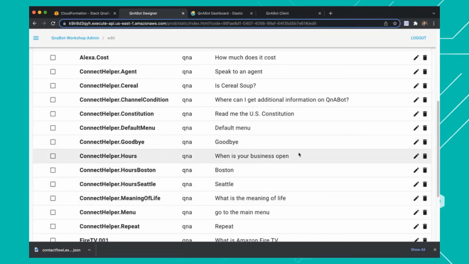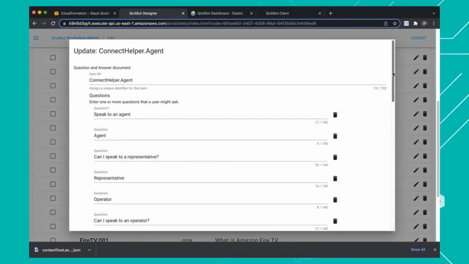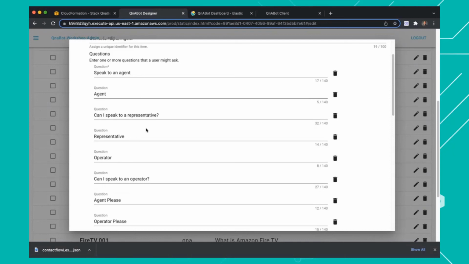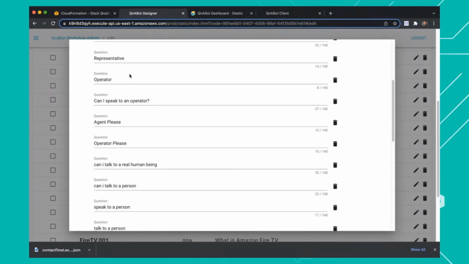So now when a user first calls Amazon Connect, they can ask their question like, when is your business open, and get an answer, and they never had to speak to an agent. The other important one I want to call out is, what if they do want to speak to an agent? How does QnABot integrate with Connect to let Connect know that it needs to accomplish a certain task on the Connect side? This is an example question here. So if I ask QnABot, I want to speak to an agent, or any of these other phrases such as agent, representative, operator,